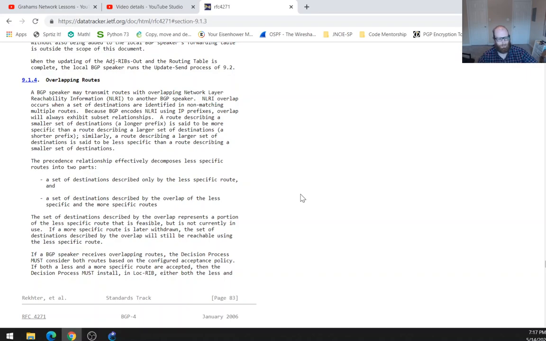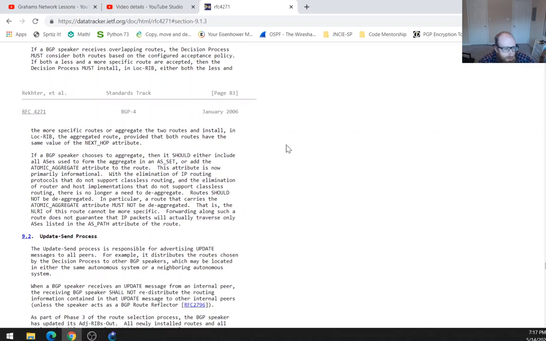If a more specific route is later withdrawn, the set of destinations described by the overlap will still be reachable using the less specific route. If a BGP speaker receives overlapping routes, the decision process must consider both routes based on the configured acceptance policy. If both a less and a more specific route are accepted, then the decision process must install in locRIB either